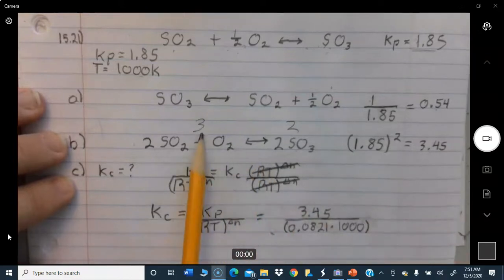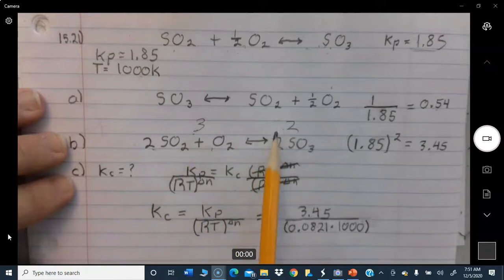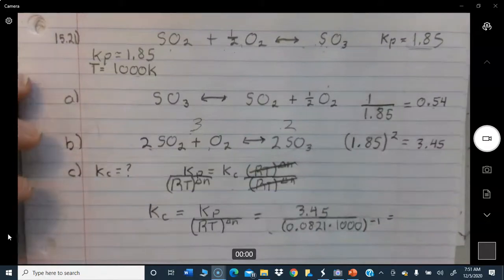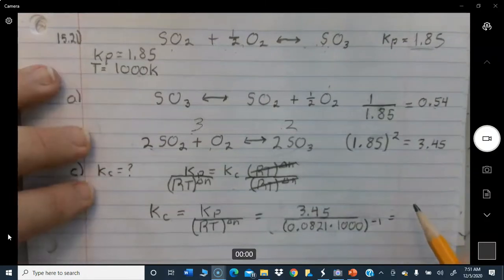And the change in moles, you have 2 here and 1 there on the left side. That's a total of 3. Over here you have 2. So it's going from 3 to 2. That's a -1 is the change in number of moles right there. So now we go ahead and plug those numbers in to the equation, and we end up with